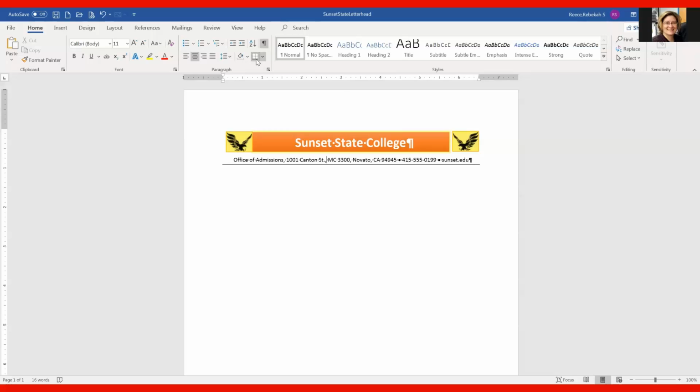We're going to choose the bottom border and the borderless. Okay, now that we have our underline there,